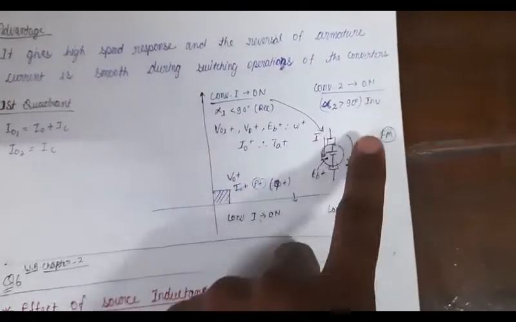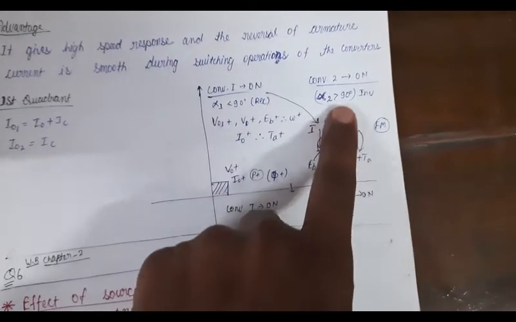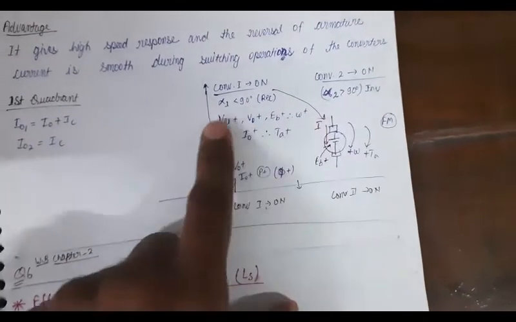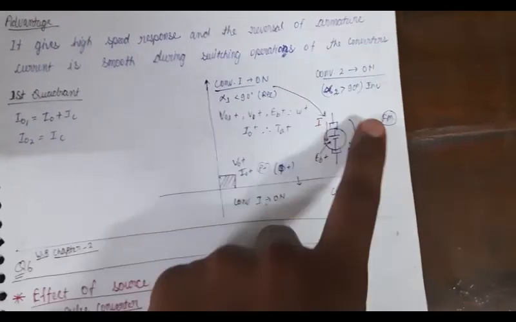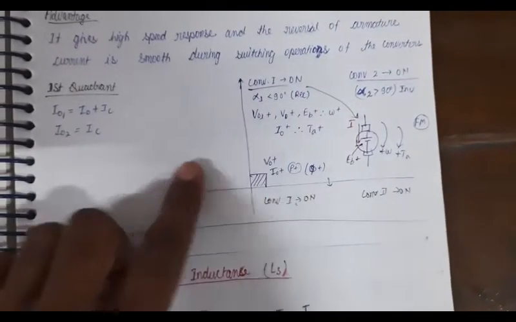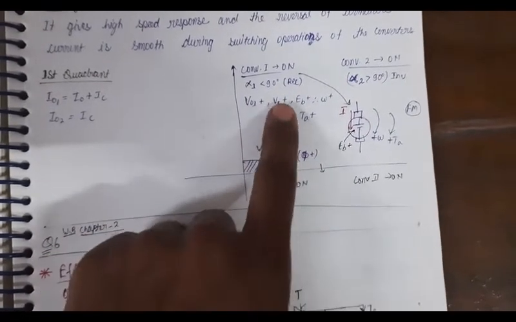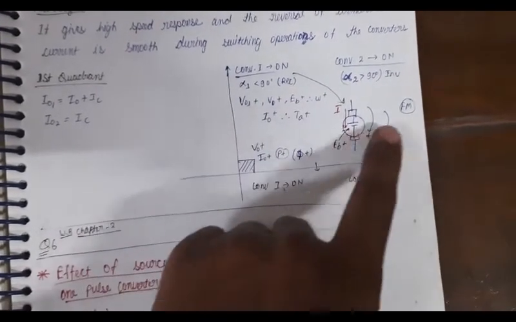Here also you can see just for one quadrant only it is shown. So converter 1 is on, converter 2 is on, both are on simultaneously. So alpha 1 is working at less than 90 degrees and alpha 2 is greater than 90 degrees. So when one is working in rectifier mode, then the other works as inverter. So both work simultaneously. So V0 is plus, EB plus, omega plus. So it is still forward motoring mode.